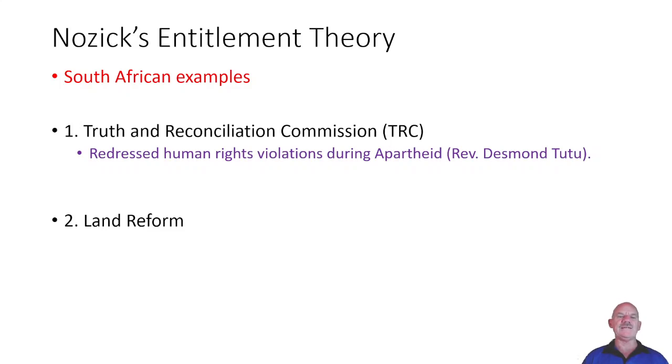They looked at a very specific period, and if someone was guilty of human rights violations during that period, then they could get amnesty, or they couldn't get amnesty, and so on. And the Reverend Desmond Tutu was very prominent in this Truth and Reconciliation Commission. So read about it in the textbook, read box 5.1 on page 85, because this is really very, very important